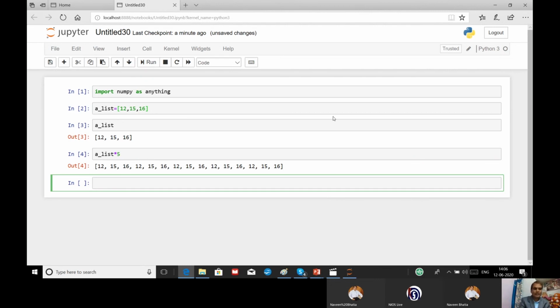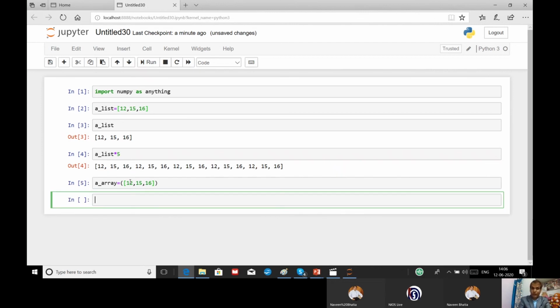At the same time, let us have an example of array. Let us take the same values 12, 15, 16 and yeah, what did we forget?